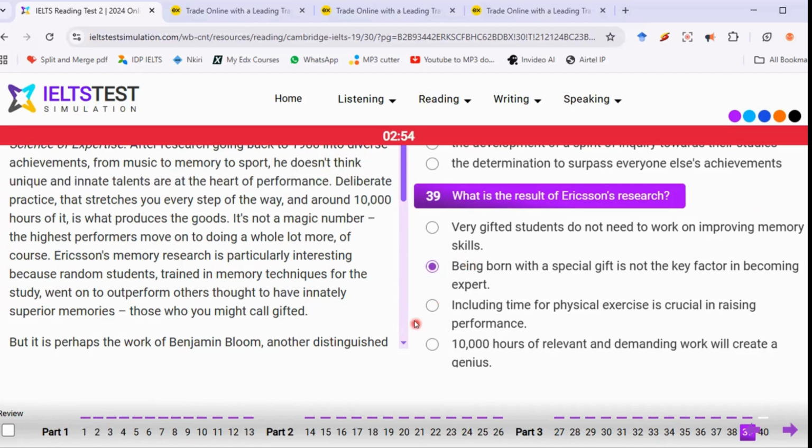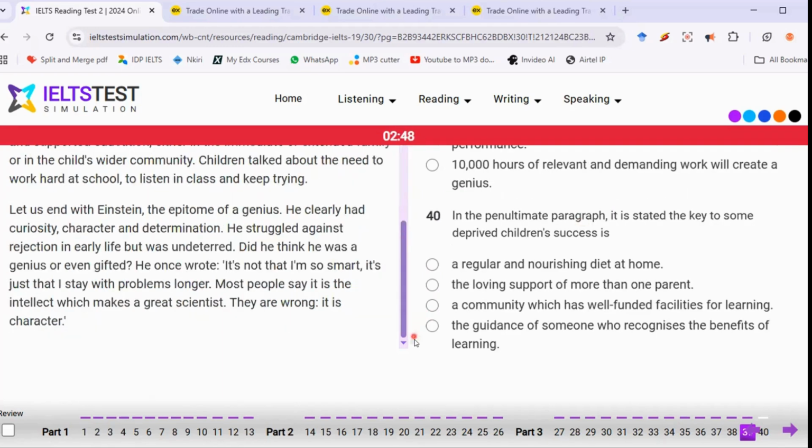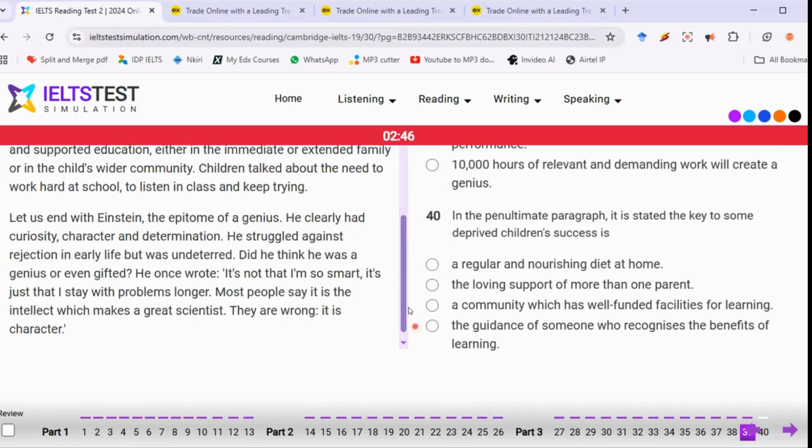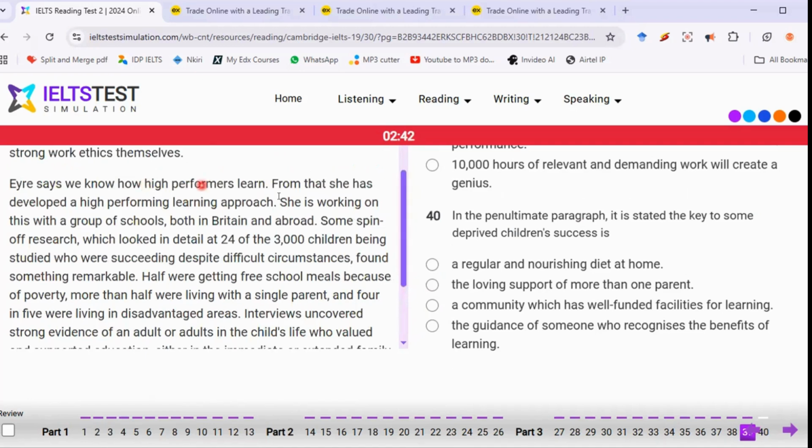Option B. Then number 40, in the penultimate paragraph, penultimate means second to the last. This is the ultimate paragraph. This is the penultimate paragraph here. Here says we know high performers learn. It is stated that the key to some deprived children's success is she's working with a group of schools both in Britain and abroad. Some spin-off research